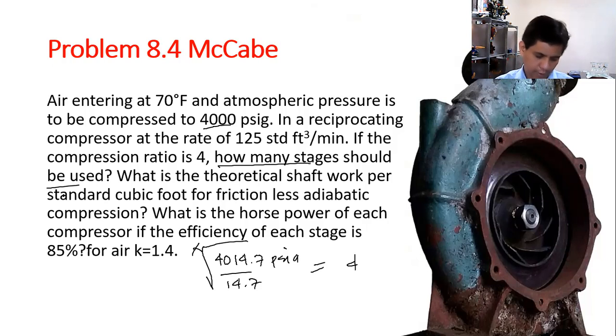Ito, 4,014.7. I hope you know how to process it in your calculator. Then alpha equal. Tingnan natin kung medyo mabilis. Is equal to 4. You can use 1 over x, no? Parenthesis 4014.7 divided by 14.7 parenthesis, tapos raised to x, tapos yung x gawin yung 1 over x